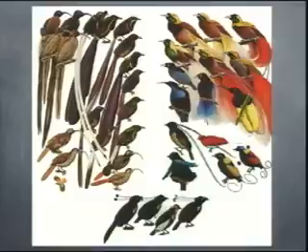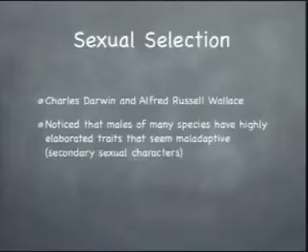Wouldn't predators more easily see the red feathers? Not only that, they are so long that they even hinder flight, right? So here's another characteristic. You're telling me that natural selection favored that? How can you explain that? And the answer is sexual selection. This was an idea that Charles Darwin and Alfred Russel Wallace both came up with. And the point here is what I just said, that many species have secondary sexual characters that seem maladaptive. This is called sexual dimorphism, where the males and the females differ in traits. So what is the explanation?